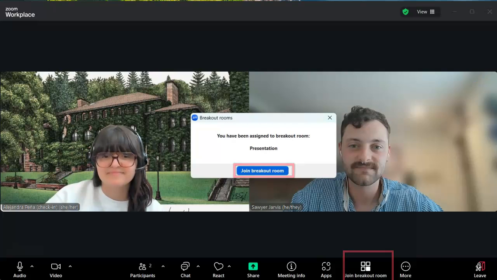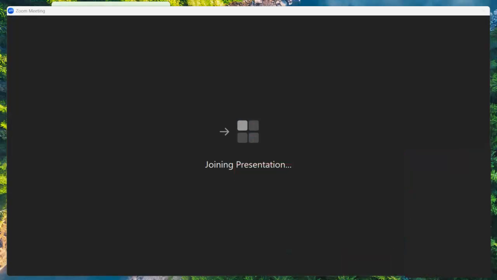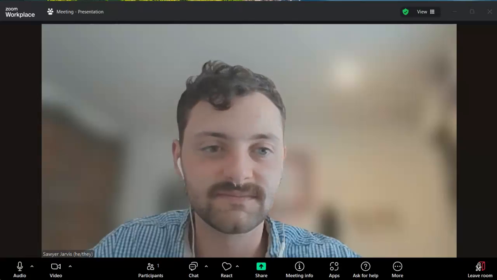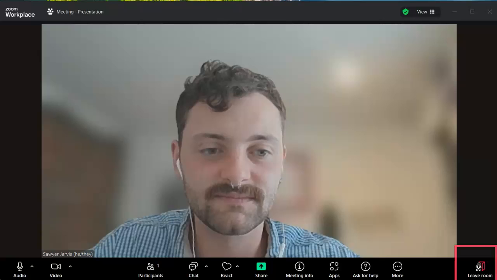To join the breakout room if this occurs, click the cube breakout room icon on the bottom right of your screen and then join the room. In the bottom right-hand corner of your Zoom screen, you will see a button to leave. When you are in a breakout room, if you click the Leave Room button, you will see two options display: